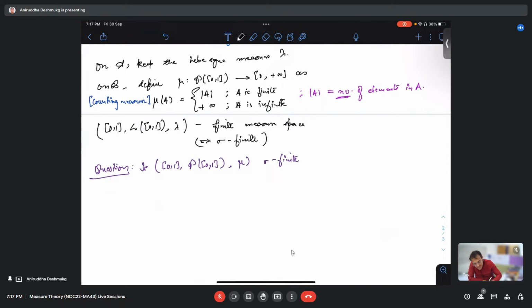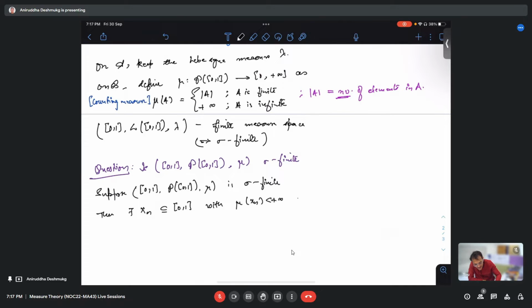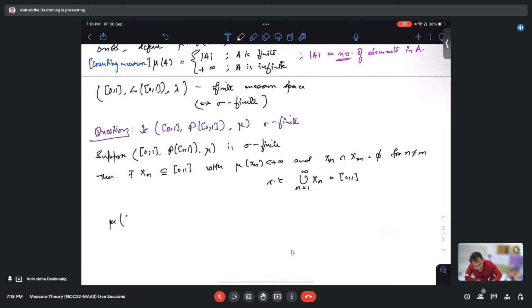So to understand the sigma finiteness, suppose it is. Suppose [0, 1], P([0, 1]), and the counting measure is sigma finite. Then there exist countably many subsets X_n of [0, 1] with measure of X_n finite and X_n intersection X_m empty for n not equal to m, such that the union of all these X_n's is all of [0, 1]. Now, since this is a disjoint union, the measure of [0, 1] can be written as the sum of the individual measures,